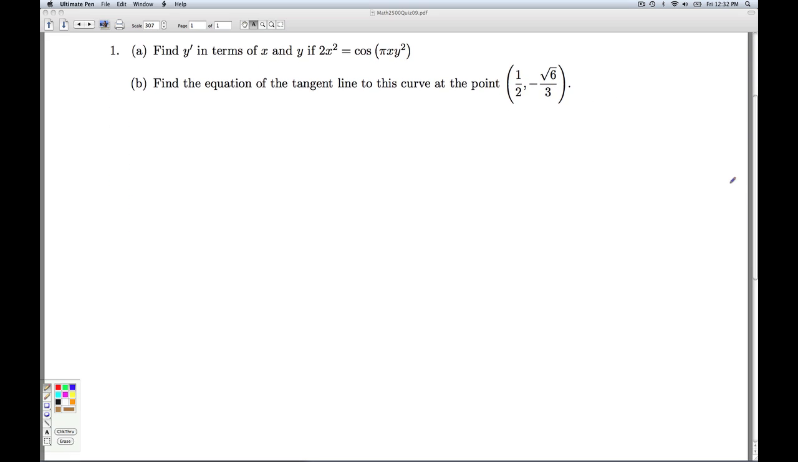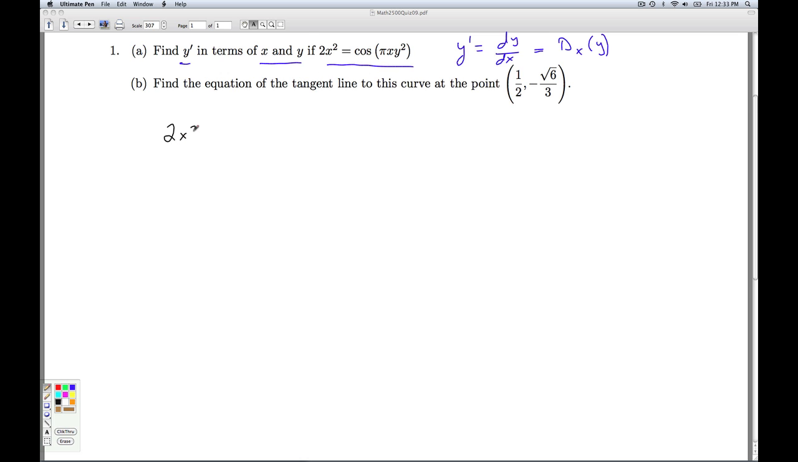Number 1A, we're asked to find y prime in terms of x and y, if we're given this equation. So this equation, we believe, implicitly defines y as a function of x. It may be several different functions depending on what piece we're looking at. But when we're looking for y prime, remember we want dy dx, so we want the derivative with respect to x of y. And so instead of solving for y, which would be darn near impossible to do,